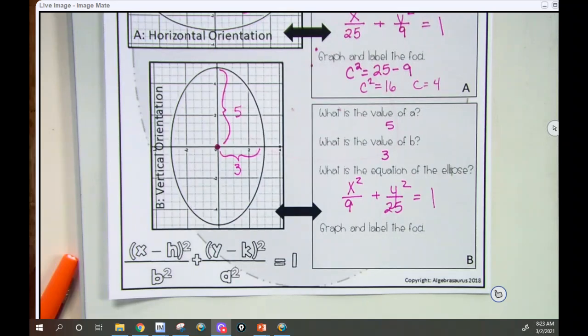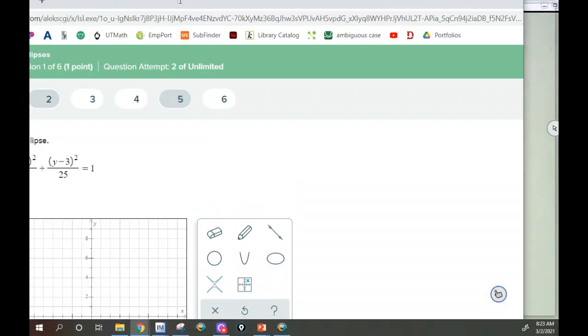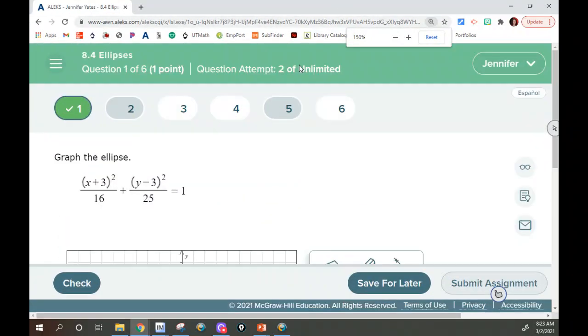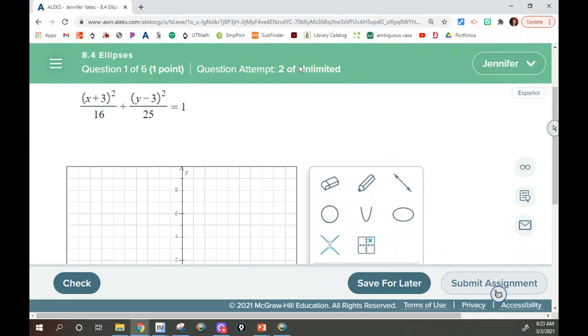I do want to show you how your Alex tools work. And there's also one that has some algebra we'll spend some time with. So for the first couple we do together, you're just going to be watching for the most part, and you'll say, oh, okay. But then the last one that we do, I'll want you to